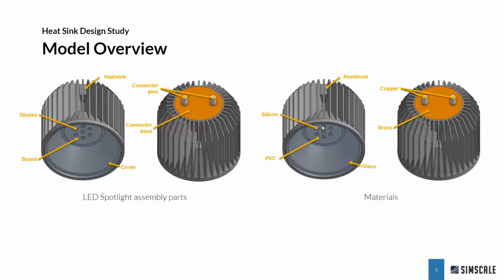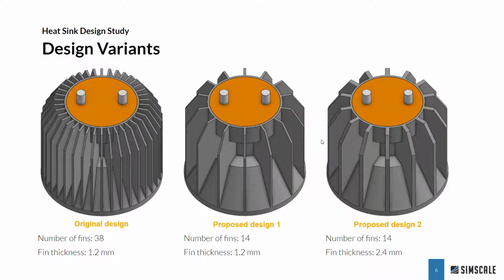So here is the CAD model that we're going to be using, or one of the design variations that we're going to be looking at. As you can see, it's a finned heatsink with 7 diodes placed within the bulb. We want to compare a number of different heatsink designs to understand what gives the best cooling capabilities. And then as a secondary piece of information will be the amount of material required, because obviously that's going to have a bearing on the cost of manufacturing as well. So these are the 3 different designs that we can have a look at.